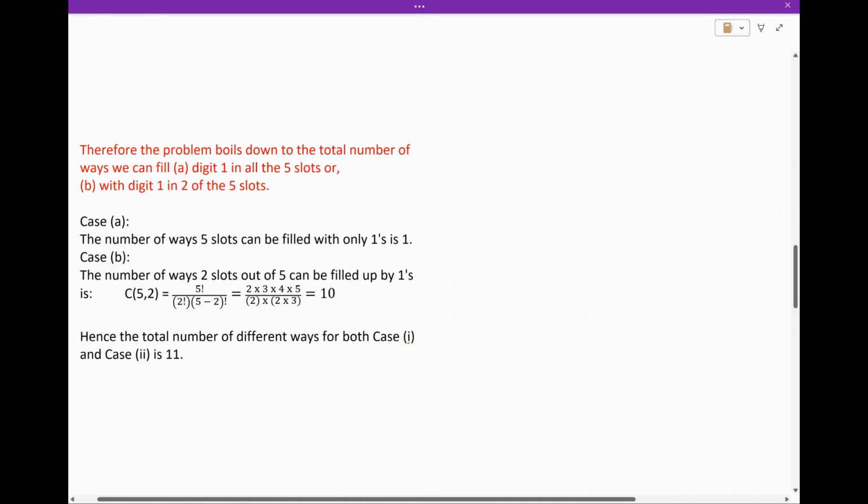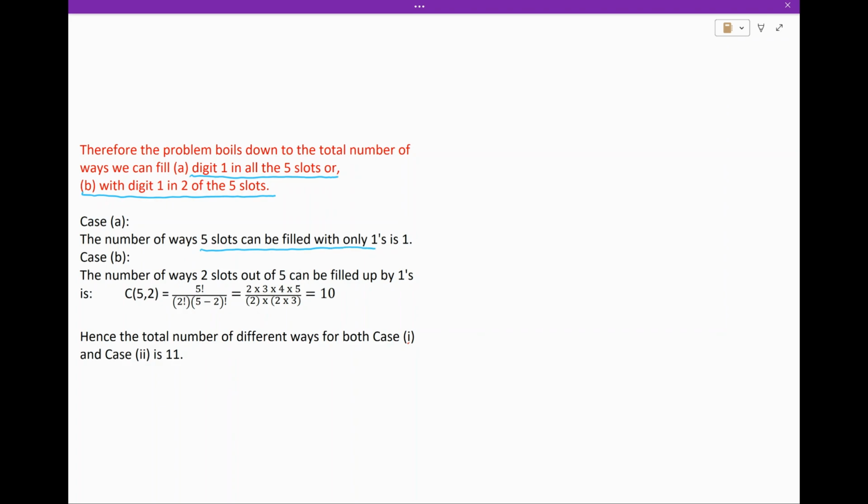Therefore, the problem boils down to the total number of ways we can fill case A, digit 1 in all the 5 slots, or case B, digit 1 in 2 of the 5 slots. Case A, the number of ways 5 slots can be filled with only ones is 1. Case B, the number of ways in which 2 slots out of 5 can be filled up by ones is